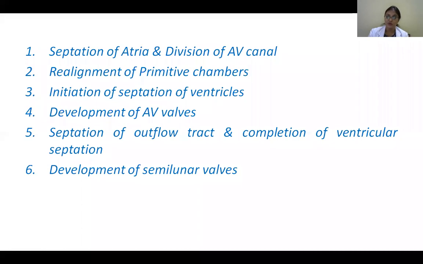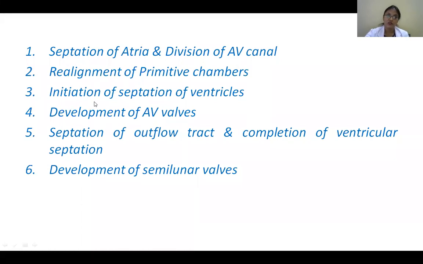As I've previously shown you, primitive ventricle is continuous with your primitive atrium. But bulbus cordis is continuous with primitive ventricle. Bulbus cordis gives us the right ventricle and the primitive ventricle gives us the left ventricle. So there should be some realignment again, so that the upper two atria which have formed can dump their blood into the respective ventricles.